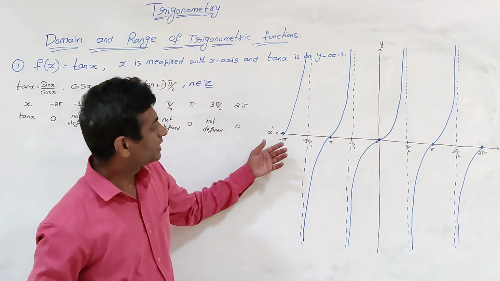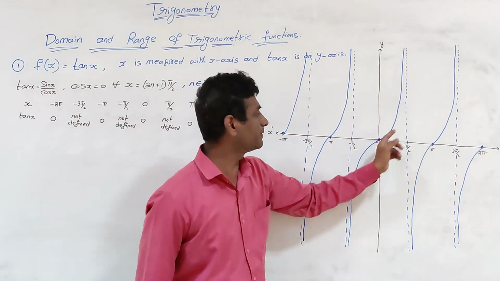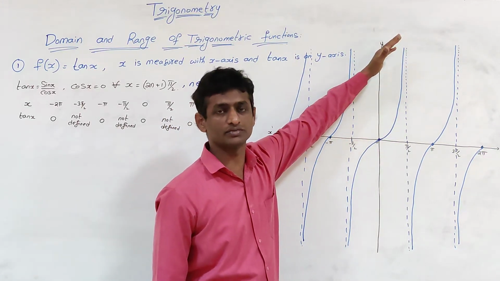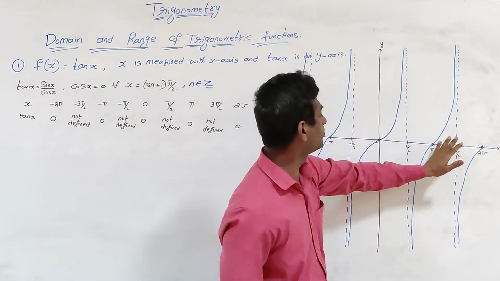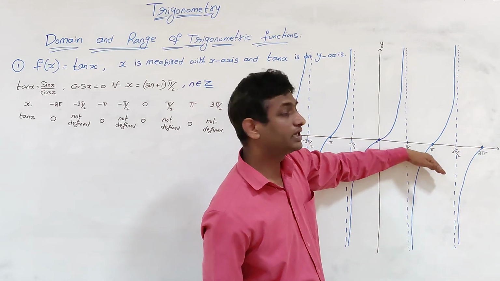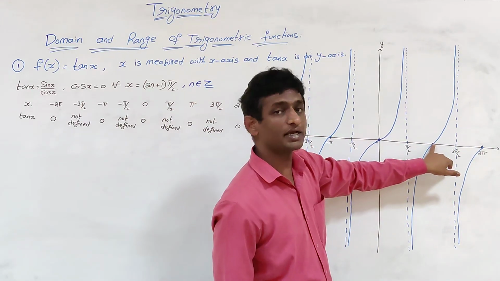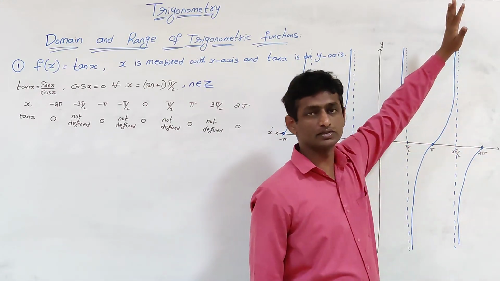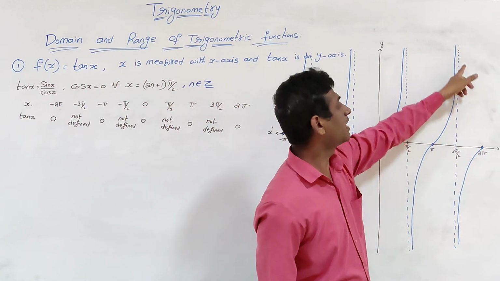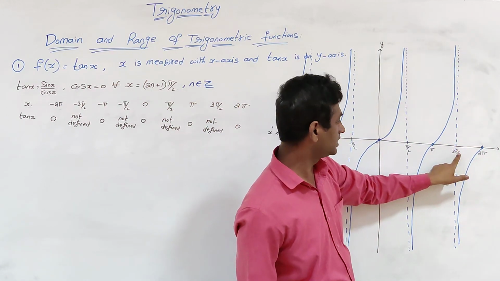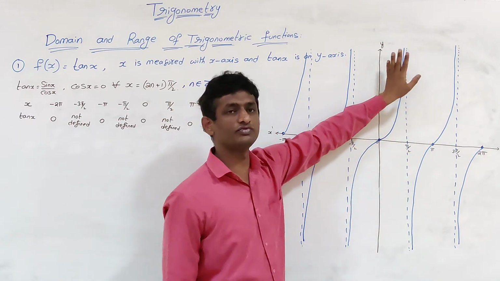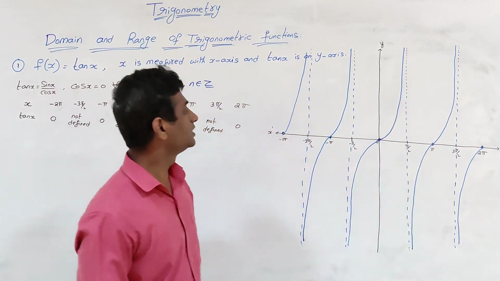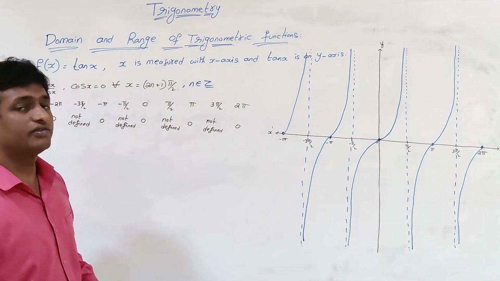So as x moves from 0 to pi by 2, the tan x value slowly increases and it never ends. Similarly, from pi by 2 to pi also, it slowly increases and it reaches 0 again. And when we move from pi to 3 pi by 2, again it increases. But it never touches the value, whereas at tan 270 or 90 it is not defined, but it keeps on increasing. Now this is the shape of tan x,